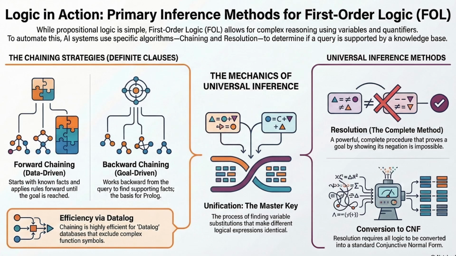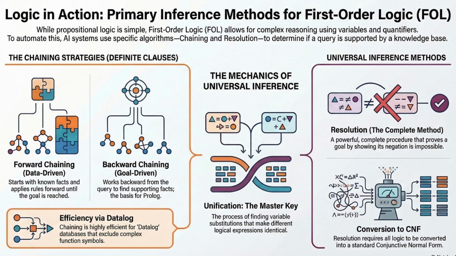But before we can use this resolution rule, we have to do something pretty unpleasant. We have to convert everything into CNF, conjunctive normal form. Ah, yes, the dreaded bureaucracy of logic. Resolution is a very simple mechanical rule. It only works on sentences that look a highly specific way. So we have to take our beautiful, readable, logical sentences and smash them into a flat, ugly, standardized format. The notes describe this process, and it sounds like absolute torture.